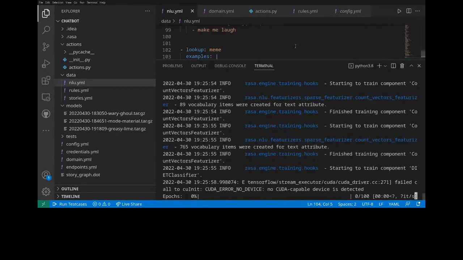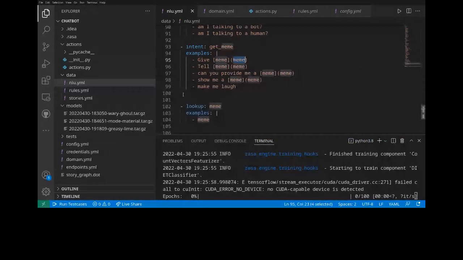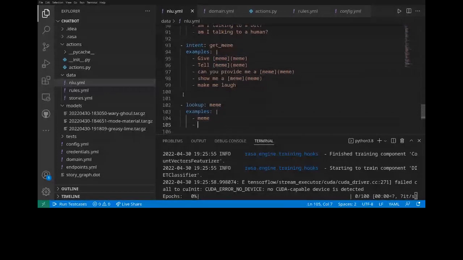Okay, are you able to see my screen here? So basically I'm saying look up into meme, which means my meme will be whatever I'm going to send. So let's say for now here there is a meme or anything. I'm going to say give, and if it's a type of meme, by type of meme I mean a simple type, and there exists a simple word called meme. So let's say if I write something, let's say hello, no, I think hello will collide, let's say joke. So if joke exists here, and if I say give joke, it will understand that this is a